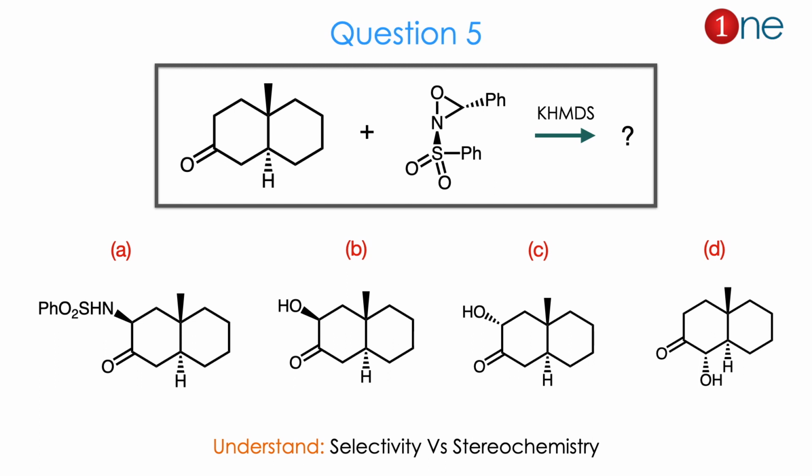You are using KHMDS. Here the products are given, and the products are mostly alcohol formation. What really happened to the alcohol, and where the alcohol is really formed, is the question. Whether it is in the same place or near to the OH, or the stereochemistry of the alcohol, is also in the question. Whether it is above the plane or below the plane. So you have to understand that selectivity is the real question and stereochemistry also plays a role here.